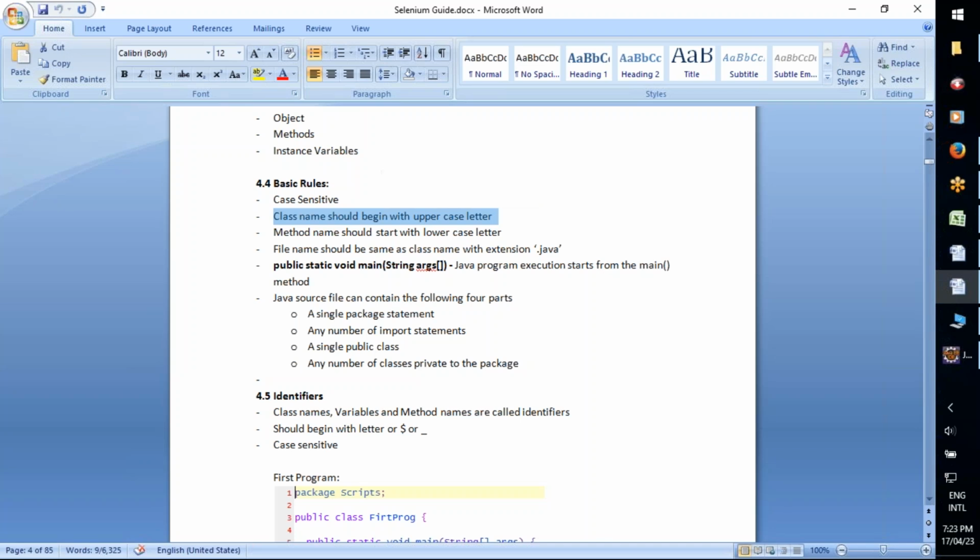Okay, and the next, inside the class we can define variables and methods. Understand? Every method name should begin with a small letter, and every class name should begin with a capital letter. And another point, every Java class should be